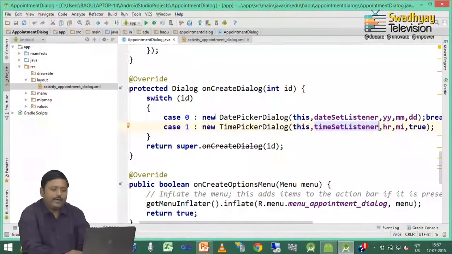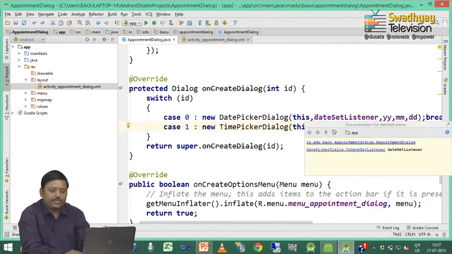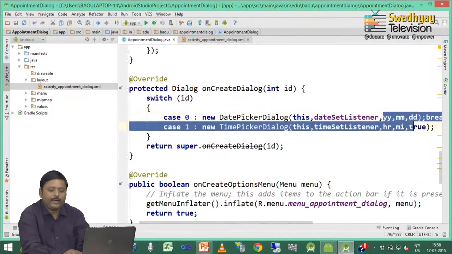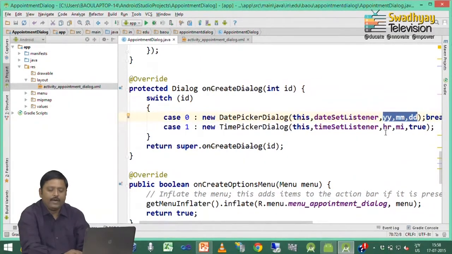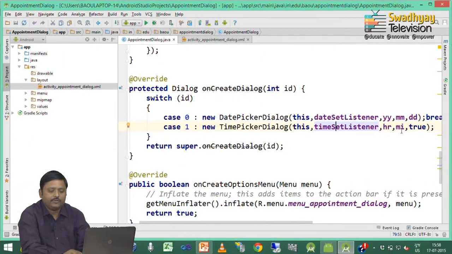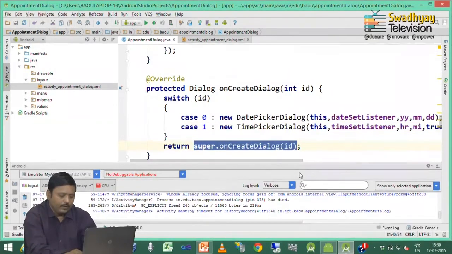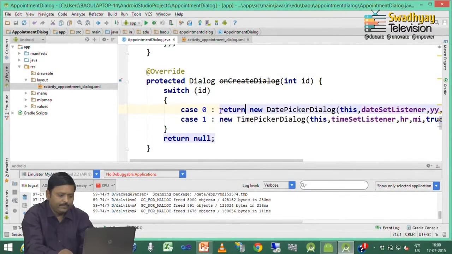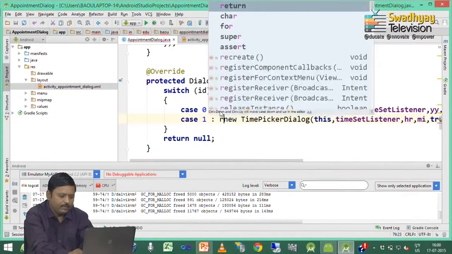So, this will create the date picker dialog, whose set functionality is handled by this dateSetListener, which means it displays a toast, and this is the initial date to be shown inside the date picker dialog. And same way here we create the time picker control with set functionality represented by timeSetListener, and the initial value of hour and minute is specified by these two variables. Here I write down return null, here I write down return, here also we write down return.